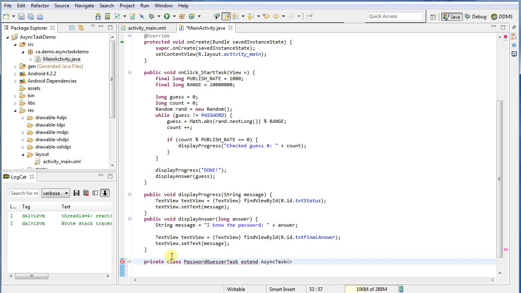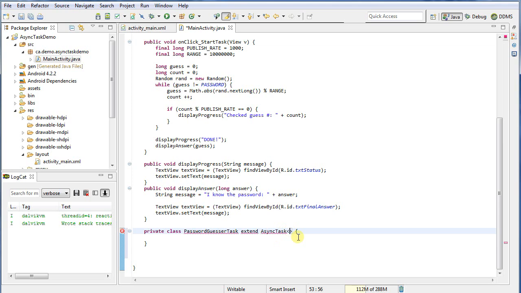which takes a number of generics. I'll fill those in just a second. And I'll put in the rest of the curly braces. Now, as it turns out, AsyncTask requires 3 generics. And I just happen to have it written down here. So the generics we're going to have to be working with are,